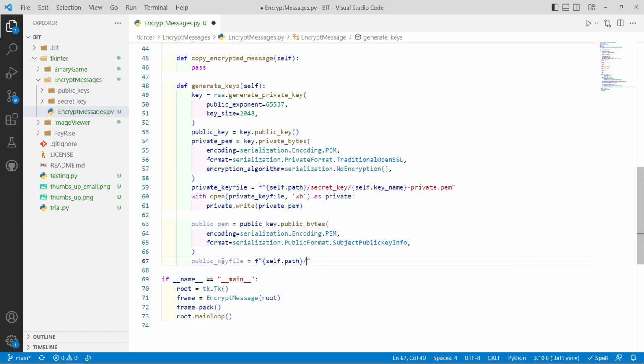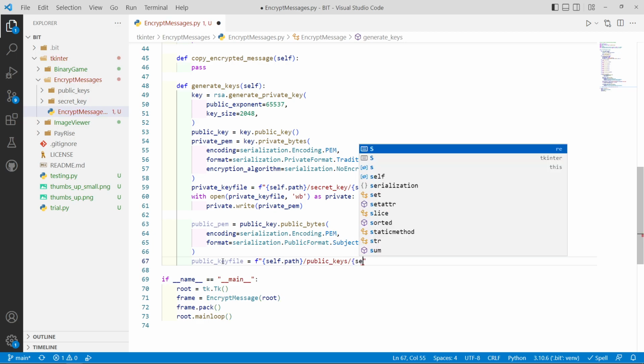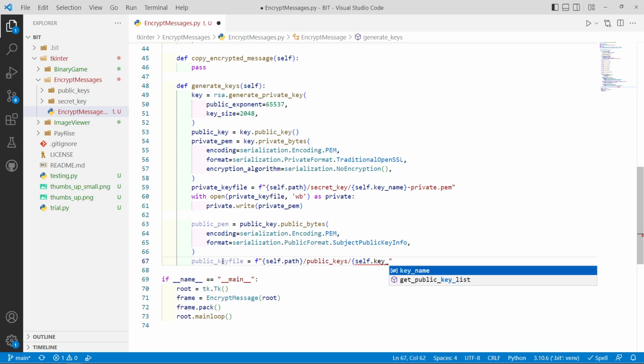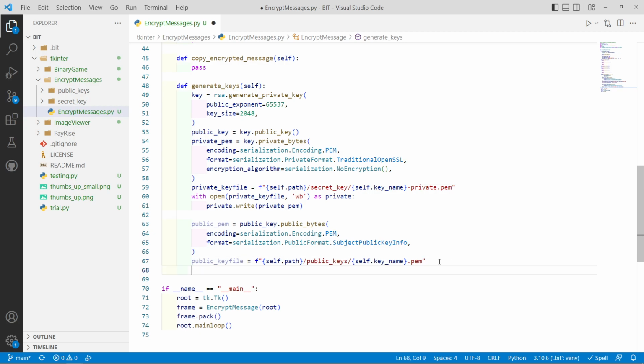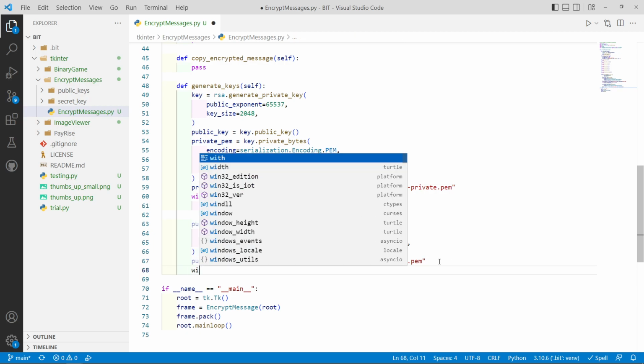And we want that. And this time we want public keys. And this one is going to be just called self.keyname, because this one is just my public key. And then we need .pem on the end. Done. That should give us our key file for our public key,